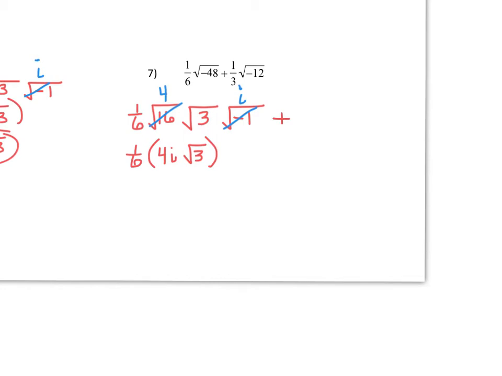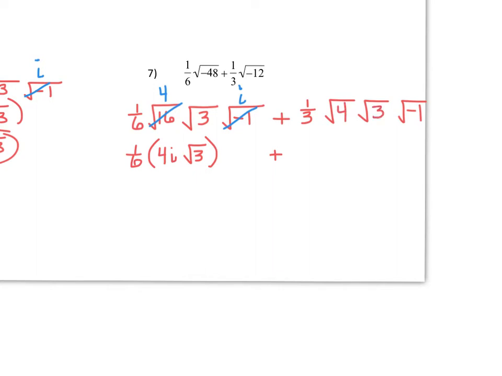Okay, and I'll bring it down, I guess, right here too. Okay, so I'm going to bring down the 1/3, and let's look at what's under the radical. We have a -12. Well, since 12 is not a perfect square, I have to break that up into 2 separate radicals. And then since we have a negative under there, we have to make a third radical for that -1. Okay, so then the biggest perfect square that divides evenly into 12 would be 4. So since 4 times 3 gives me 12, I'm going to put a 4 in the first radical and a